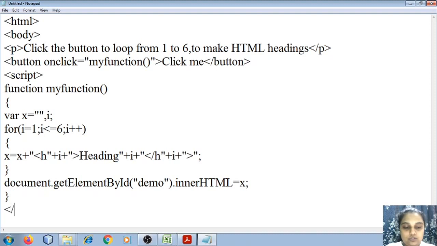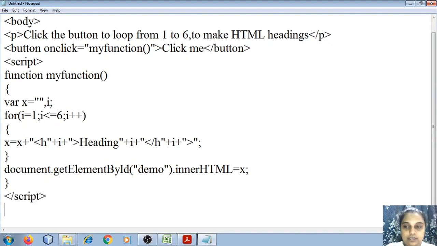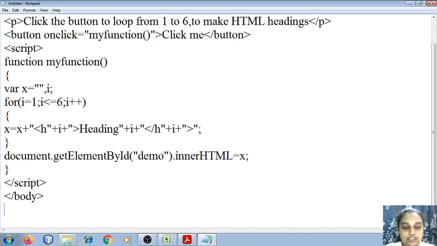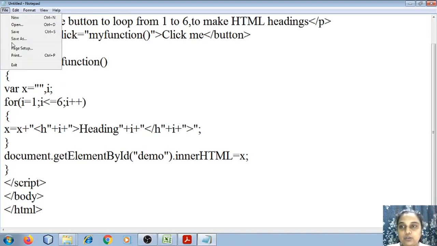Close this, close the script tag, body tag, and then the html tag. Okay, so this was about the headings, how you are going to use the for loop.